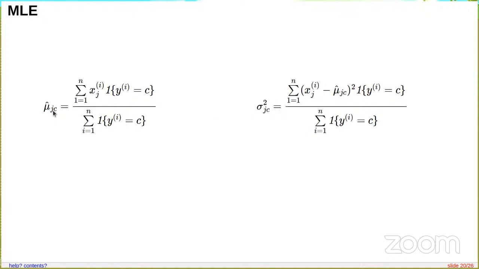Once you estimate the means, then you can estimate the variances using this formula. If you recall, this is just sample variance. X minus mu whole square, you sum it and divide by n. That's what you're doing. So this is just a simple average, x1 plus x2 plus x3 by 3, that is what this left hand side is. Okay, is this clear? Because if it is not clear, the next slide will not be clear.